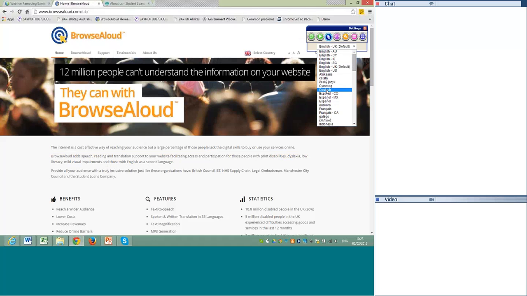Let's listen to German. And what this does, it actually translates the web page. This is actually using Google Translate. So I'm obviously having fun with the internet connection because it really should have happened before this.